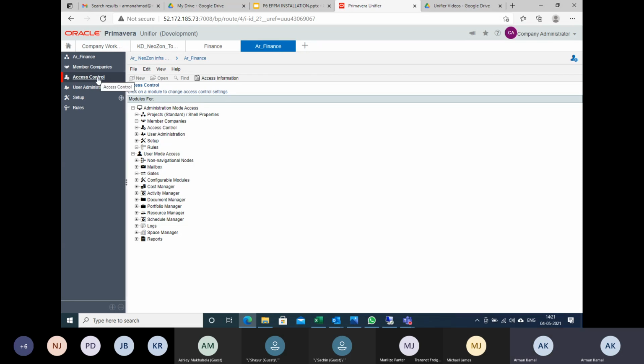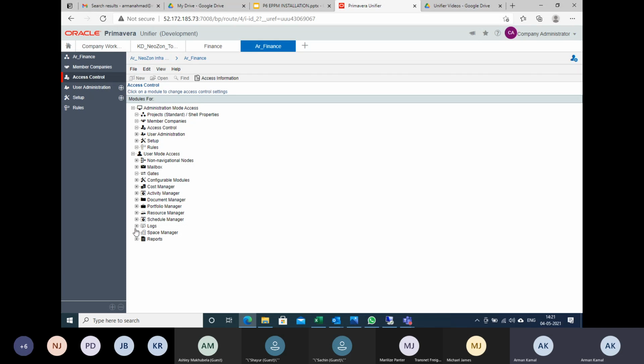The moment I go to the access control, how do you go to the access control if somebody is not able to see this access control? So this is under admin mode. Currently I'm in admin mode. If you are not in the admin mode, to see the access control, just click a single click on the right top. You will jump into this place.